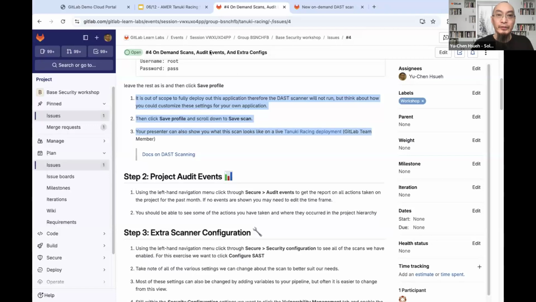Sorry, the Zoom stuff is getting in my way. Just give me one moment. I'm gonna move some dialogues out. Okay,